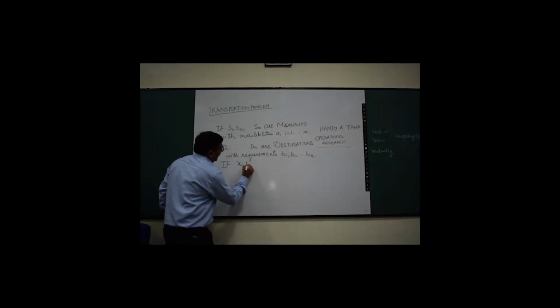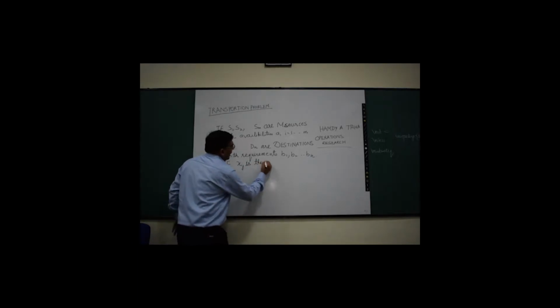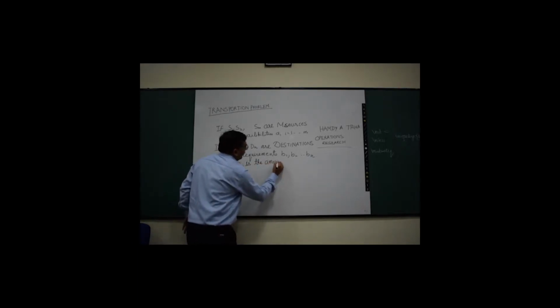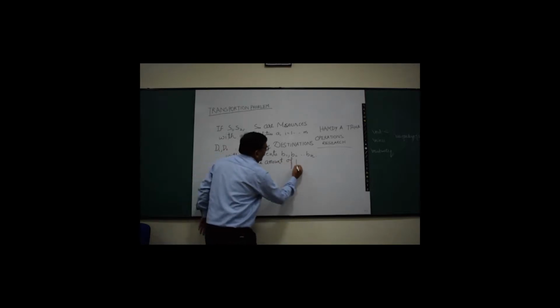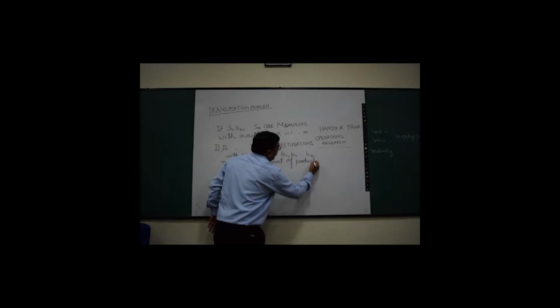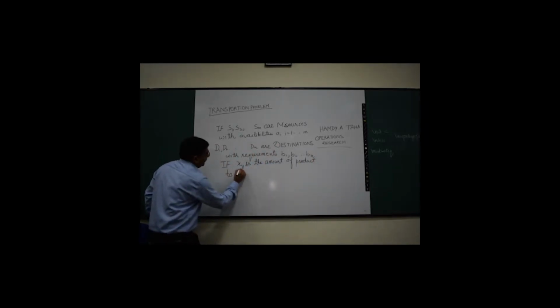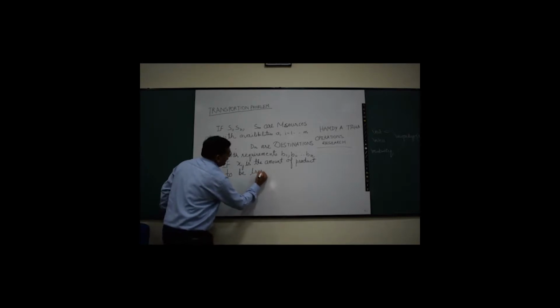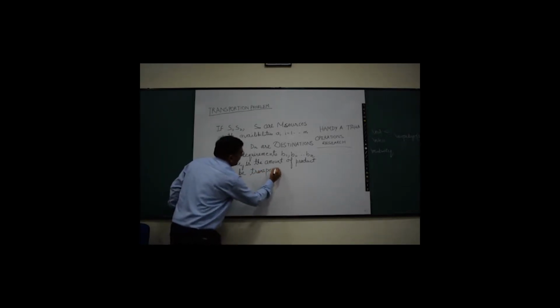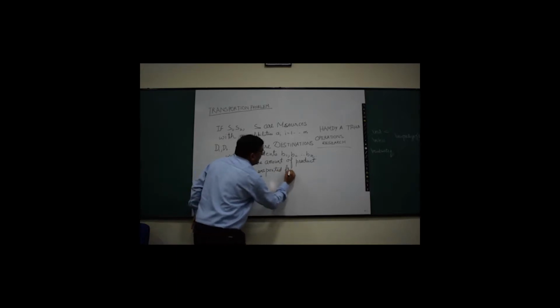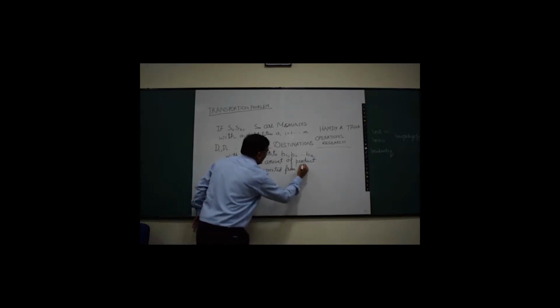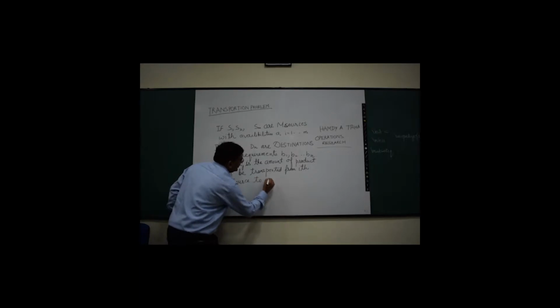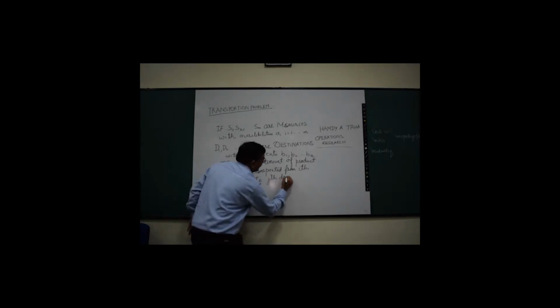Now, if xij is the amount of product to be transported from the ith source to the jth destination,